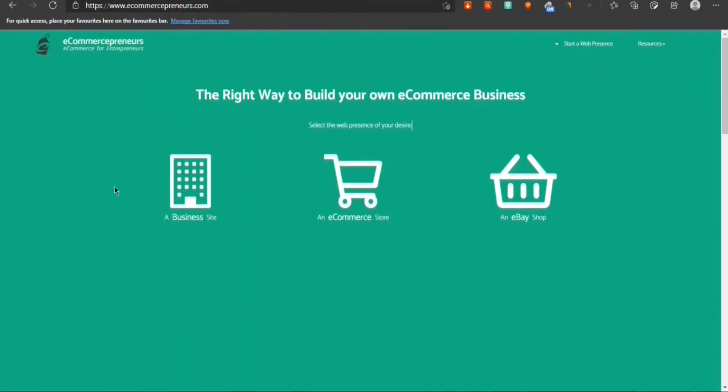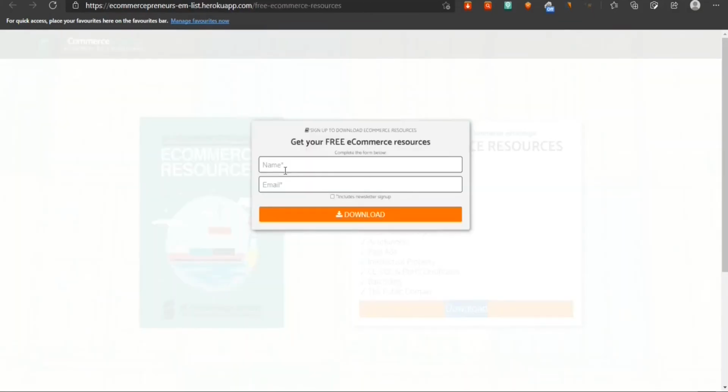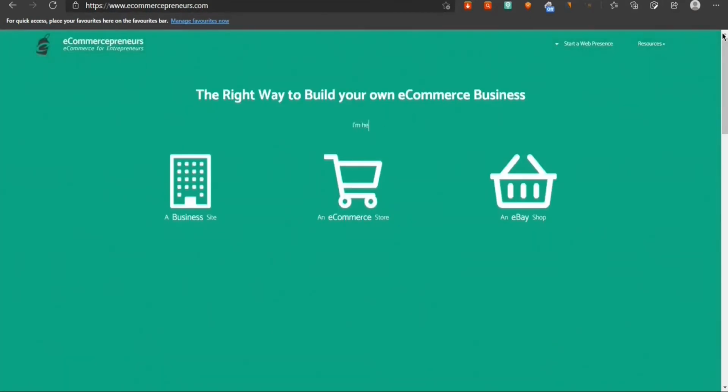And our last website is ecommercepoonas.com. Then you have to sign up and get an account. You can use a temporary email for this.